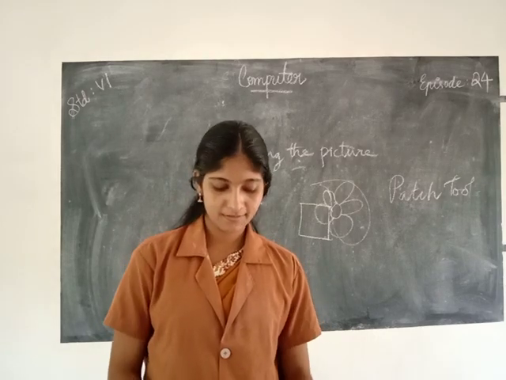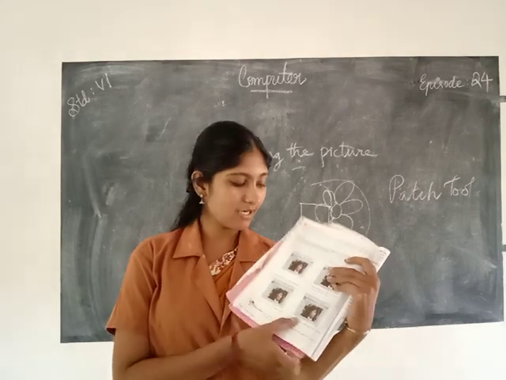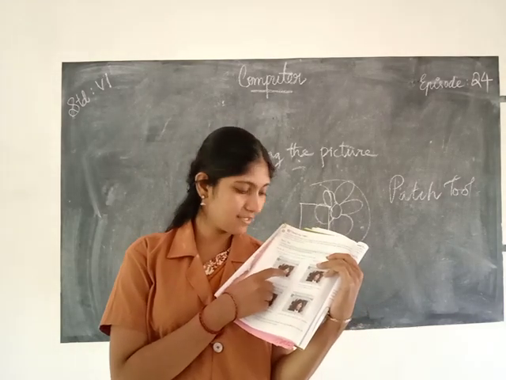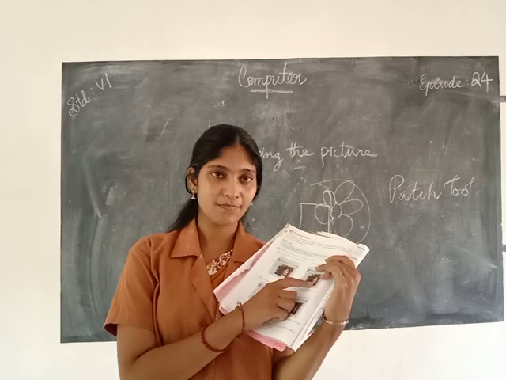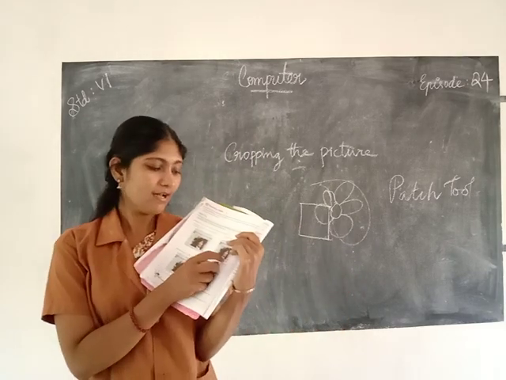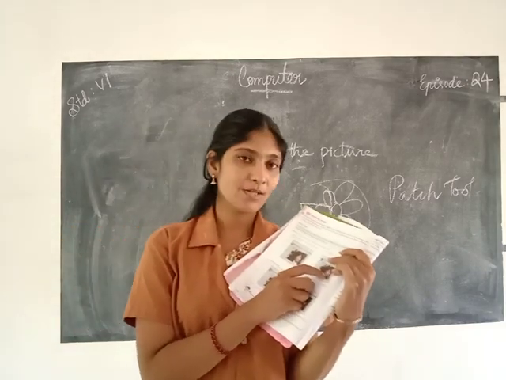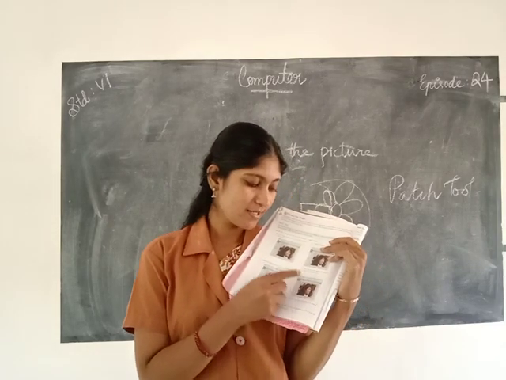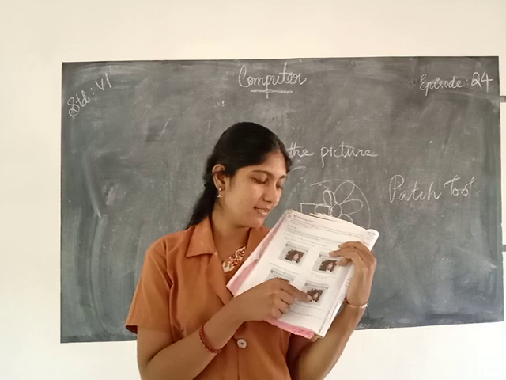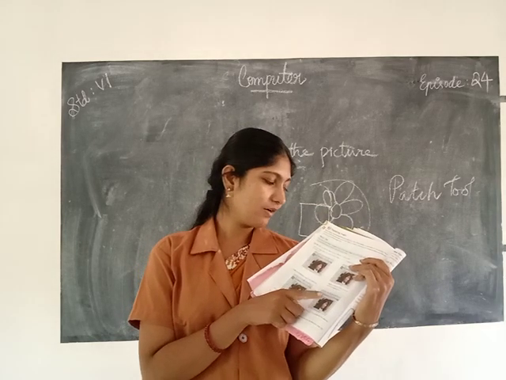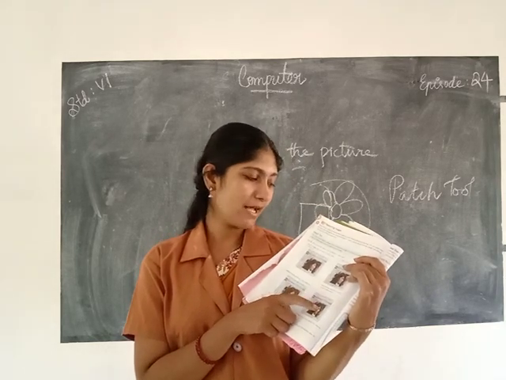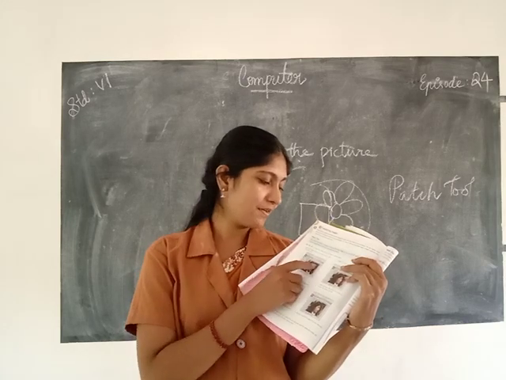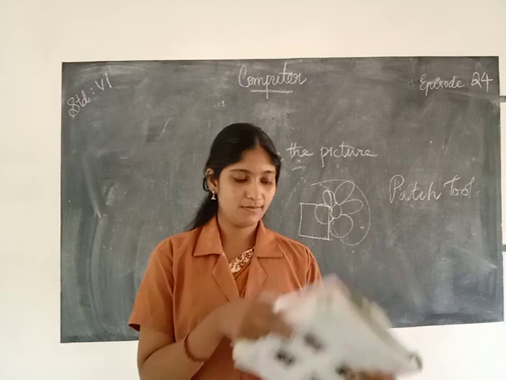So look here. In this picture there is a red mark. So we want to remove that mark from her cheek. So first select a sample area and then it will paste into the colored area. So the final result looks like this. So this is the original picture and this is the picture after editing, or after applying the patch tool. So this is the way to remove a tattoo mark on the face using the patch tool.